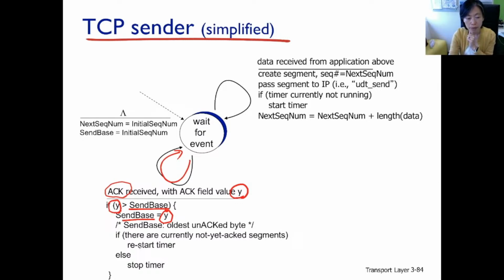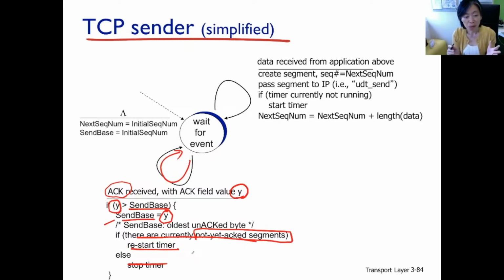All right. Now, if there are currently not-yet-ACKed packets around, then restart the timer. So we'll be starting the timer for the new send base. If there are no outstanding packets, so if there are no not-yet-acknowledged packets around, then let's simply stop the timer, because this ACK acknowledges all the packets that were waiting to be acknowledged.